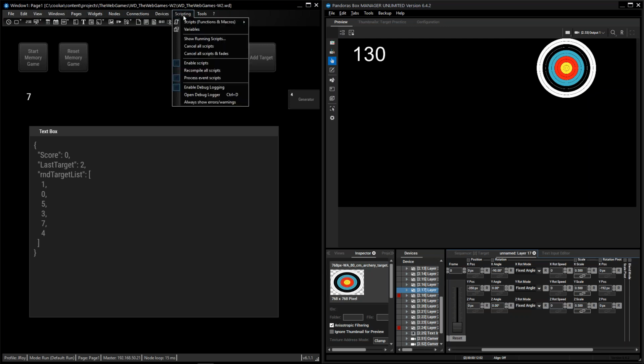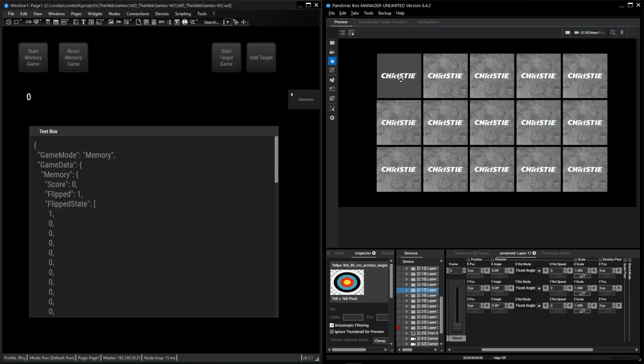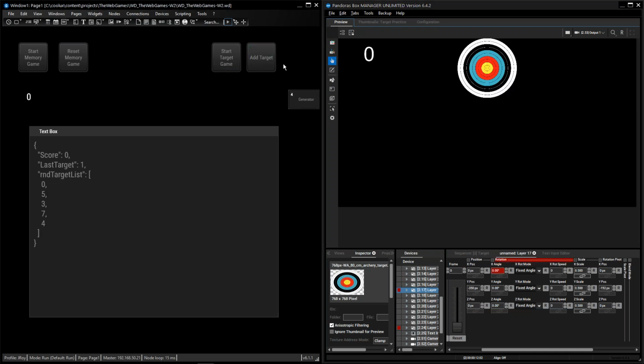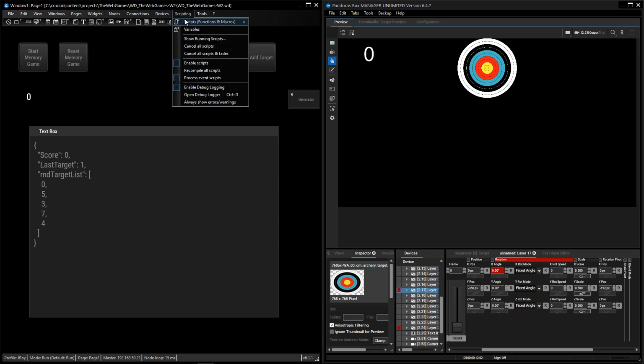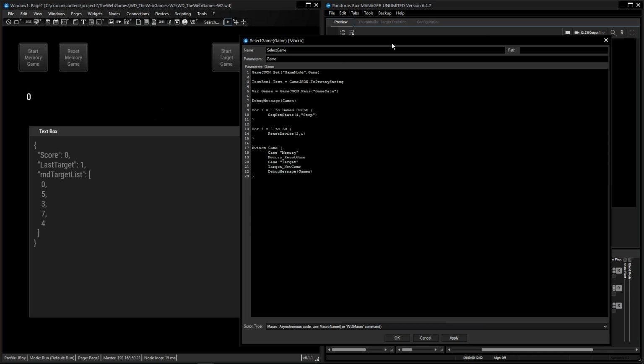So as I said, this is still built on the memory game logic in project. So we can see that this still works, that we built a couple weeks ago. So if I start this one, we switch automatically over. Let's look at how that works. So we can select, we'll use our game selector